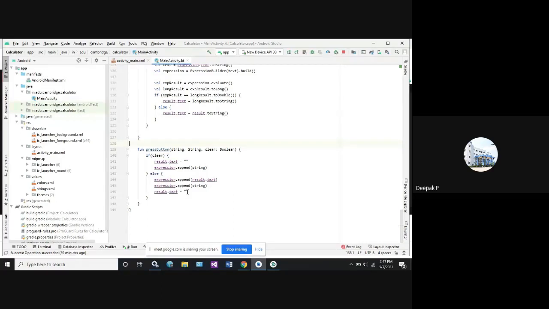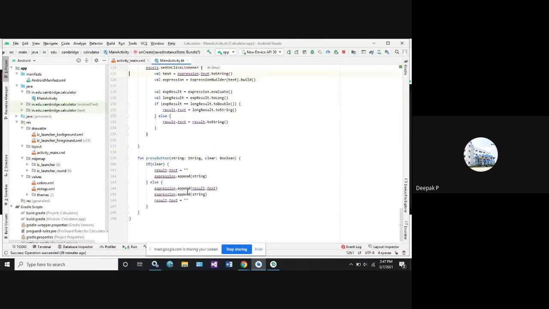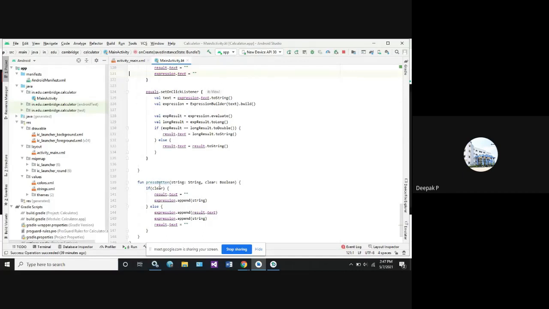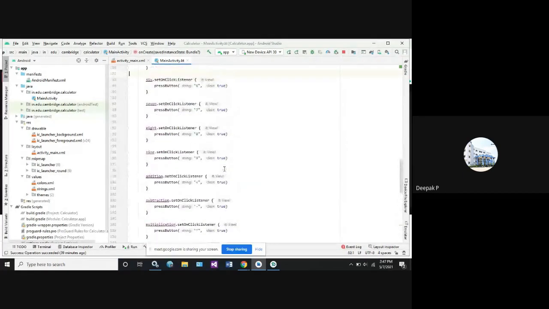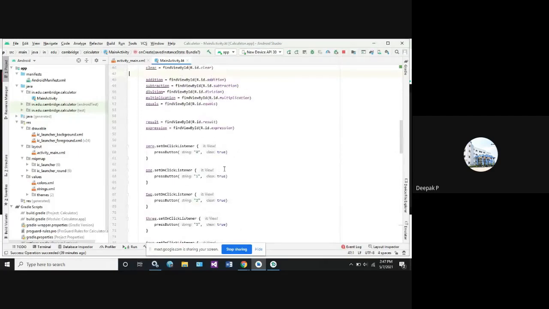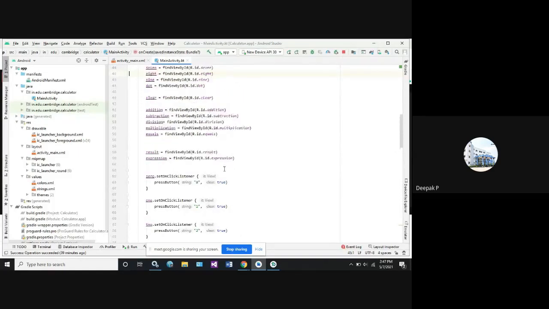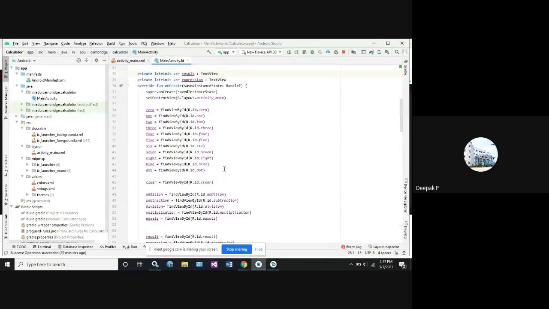Now what happens? Whenever I click on the press button function, it has to go to the evaluation part. So when I click on this press button, the contents are nothing but whatever the user is going to click. So that is nothing but my function. So what I will do, I need to write the IDs for that. To write the IDs, we need to override the values of the function first. So click on override, fun, click on create.